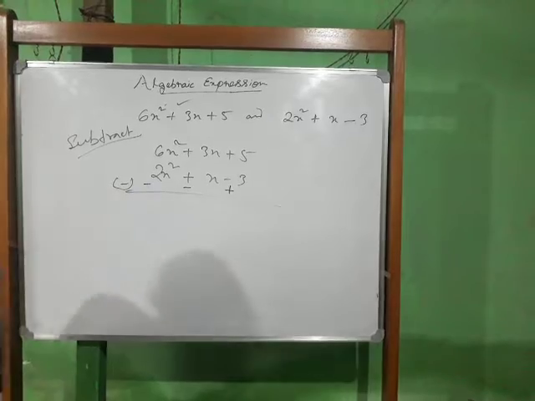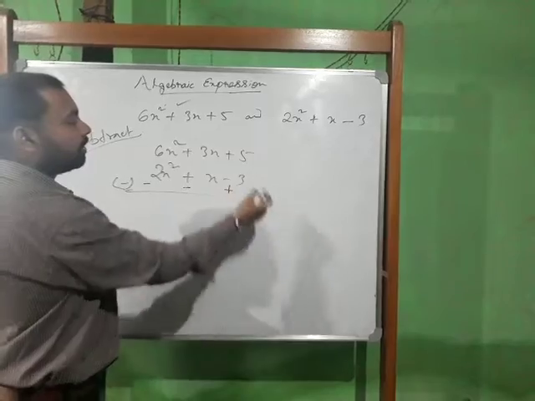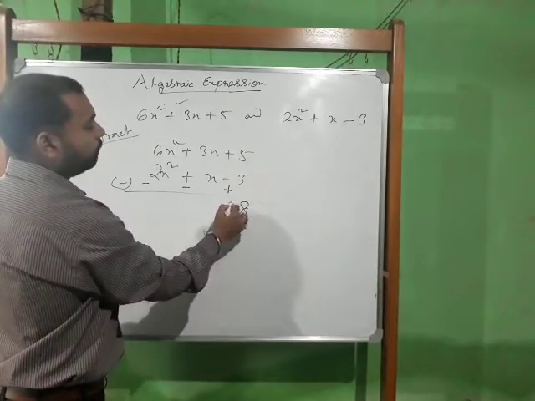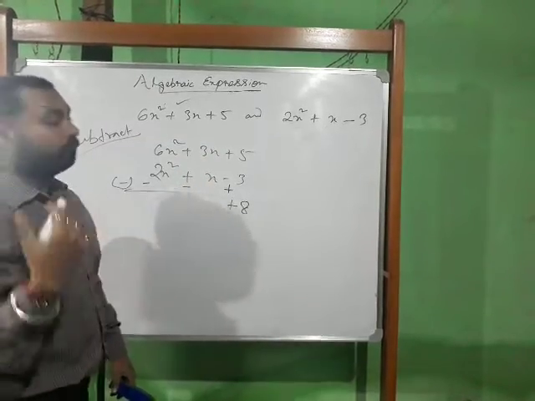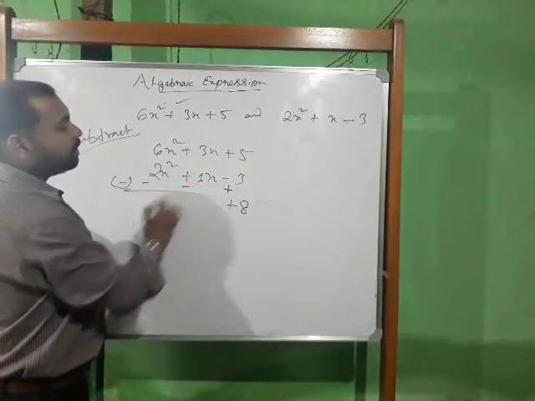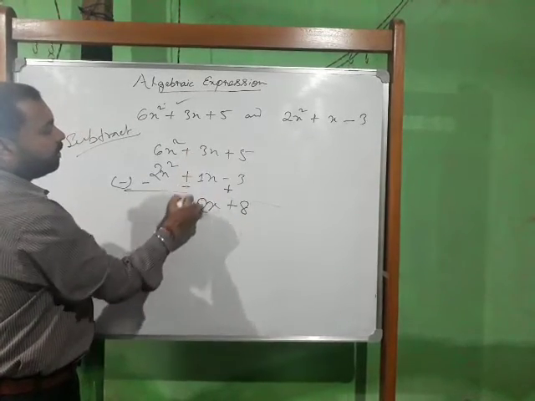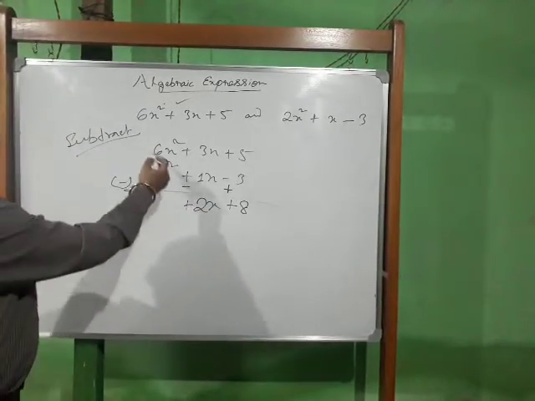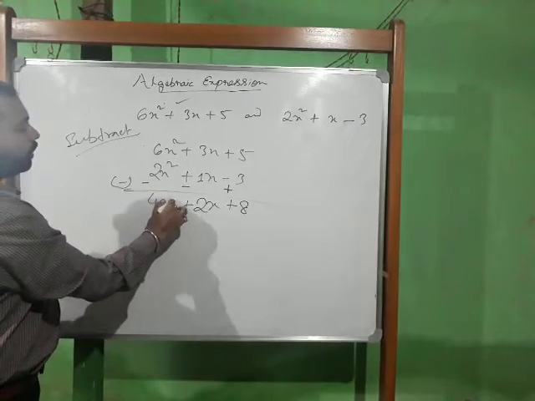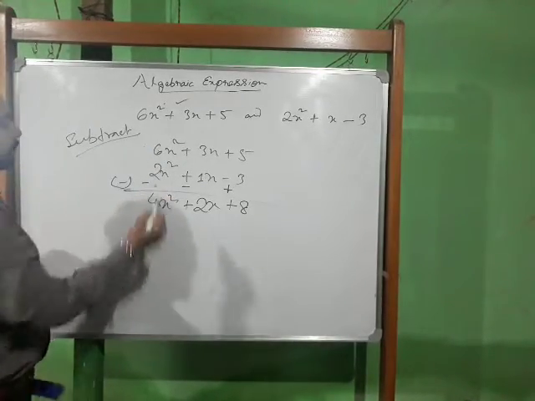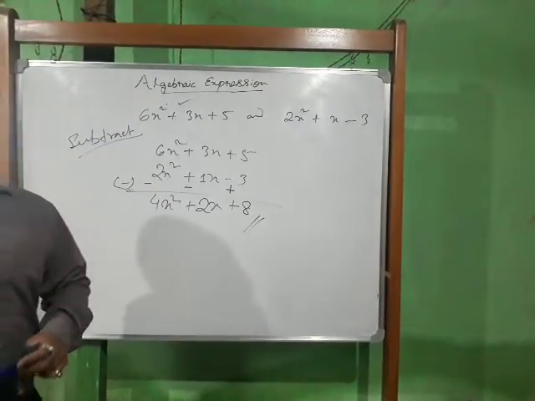Now go to subtract. You see this is plus and this is plus. This has become plus 3. Plus plus means plus. So 5 plus 3 is 8, and the sign will be plus because 5 is greater. Now again plus and minus will become minus. So 3, nothing is written means 1 is there. 3 minus 1 is 2, and x we have to write. Now 3 is greater, so we use the plus sign. Again plus and minus is minus. 6 minus 2 is 4, and x square we have to write. Since 6 is greater, plus will be there. So this is the answer. In this way we can add and subtract polynomials.